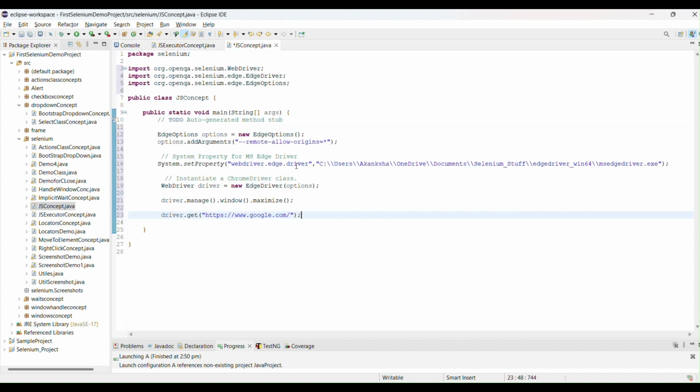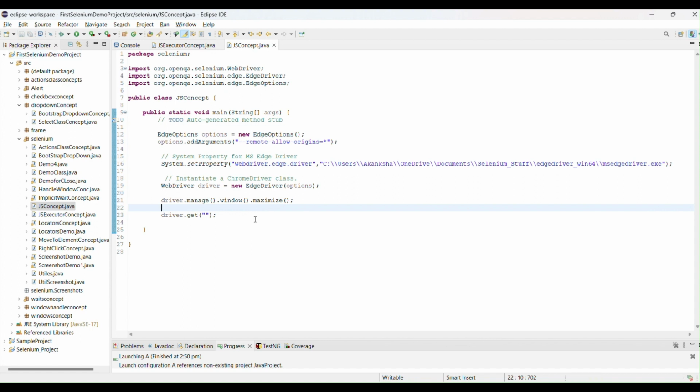Okay. So first of all, I copied the lines to launch the browser, set the property and maximize the window. After that, I copied the driver.get method. Here we will pass the URL, whatever we want to test, right? For demo purposes, I am going to save this first.